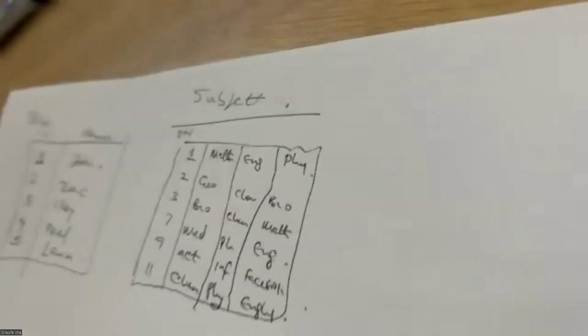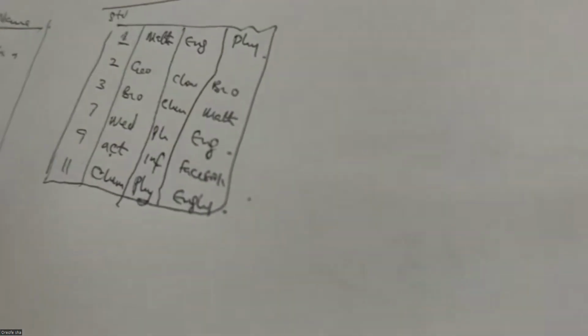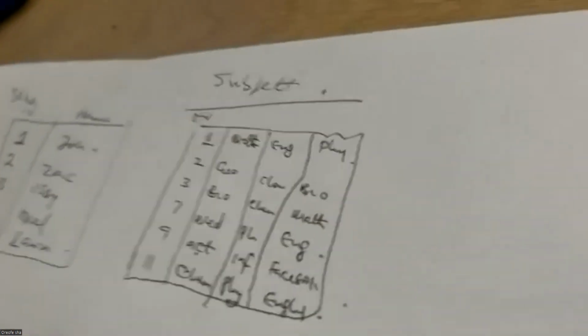Someone is doing chemistry, physics, and English. Okay, so these are the subject tables. These are their names. Remember, we said due to normalization, we've split everything. Now if I do an inner join, which is the first join I'm going to try now,